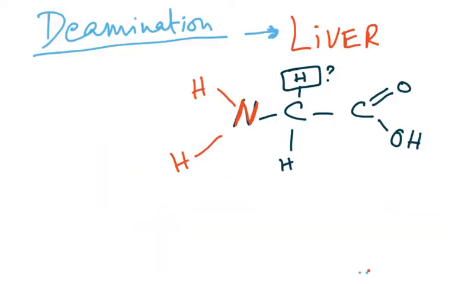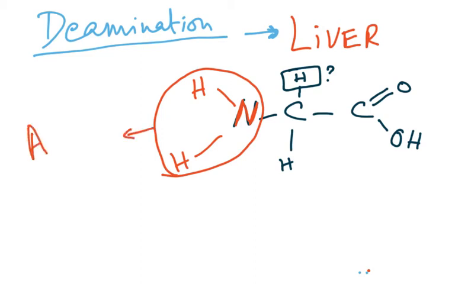Now deamination takes place in the liver, and if you look at it, there's a diagram of an amino acid. The part which I have drawn in red is the amino group. This is removed and a hydrogen added, and it is converted to ammonia. The remaining part is a keto acid,